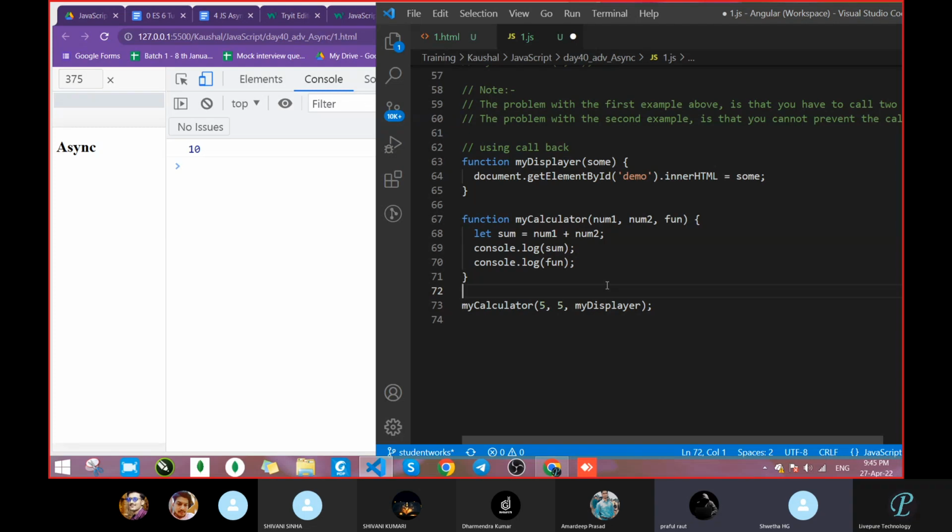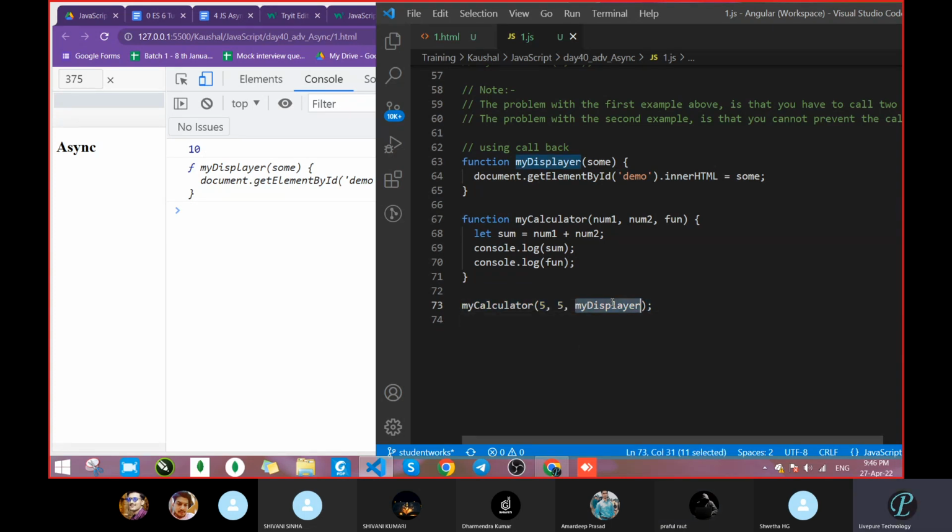Let's see. Undefined, error, or what? Because we are passing a function. What are we passing from here? My displayer, line number 73. We are passing the function, that is the callback function.